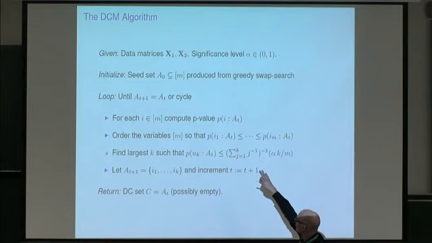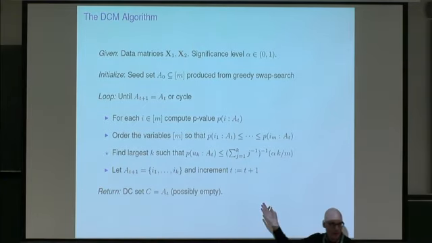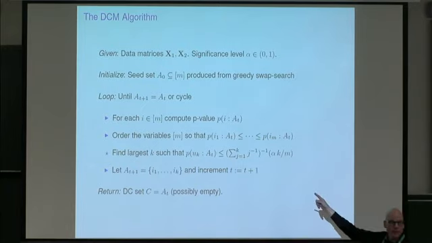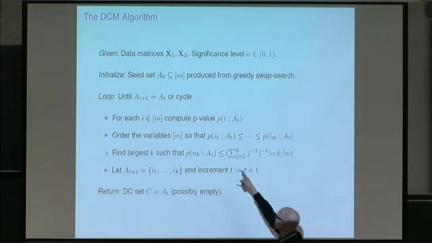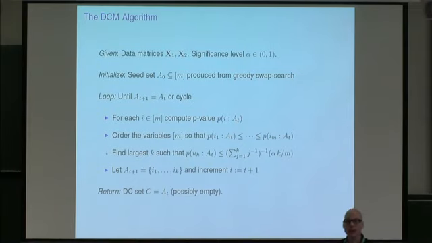So I compute these p-values, and again, they're going to be approximate p-values. I use the central limit theorem, right? I order them, the smallest first. So this says that I1 is somehow the most differentially correlated with A sub t. I2 is the second most differentially correlated according to these p-values, all right? So if I wanted to collect together those things that are differentially correlated with A sub t, I would begin with I1, then add I2, and I would keep on going. At some point, I'd stop. Where do I stop?